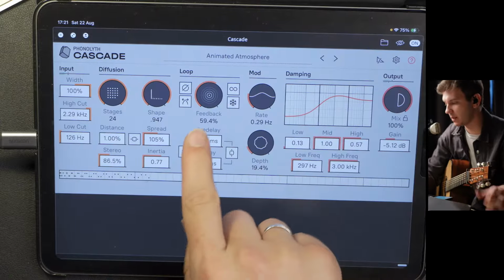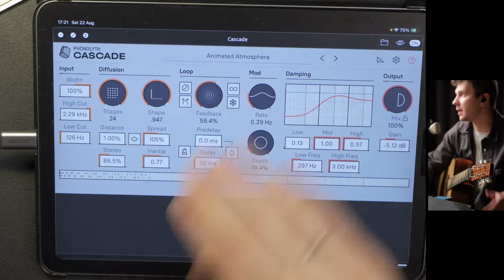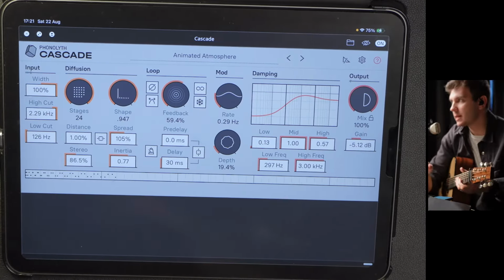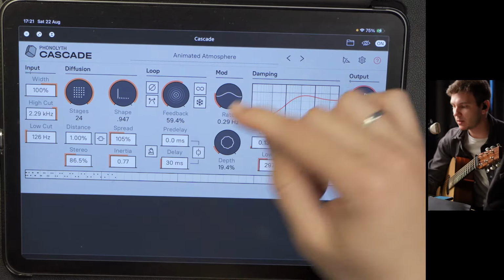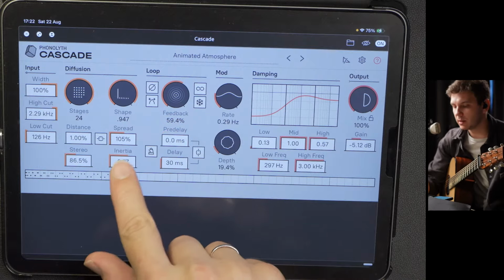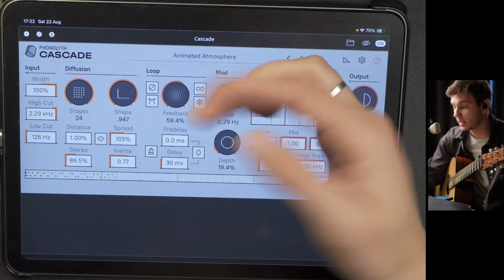I really like that it has built-in feedback, so it's kind of a reverb slash delay, so you can make the tail far longer than it is now, or shorter. So now it's almost 60% feedback, but I can do